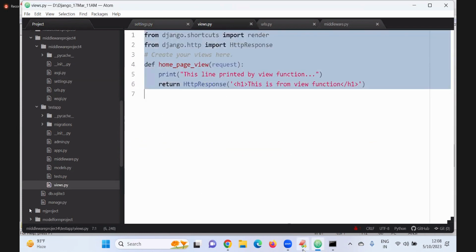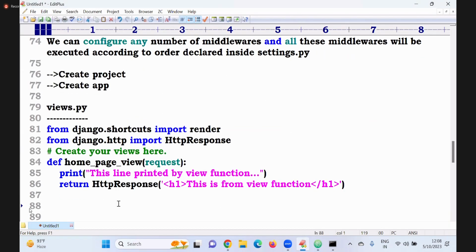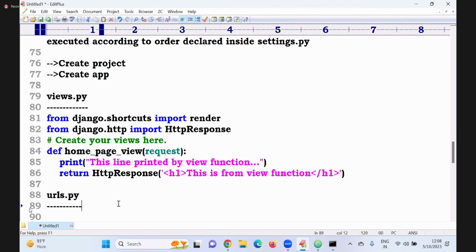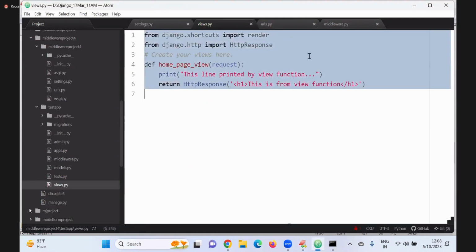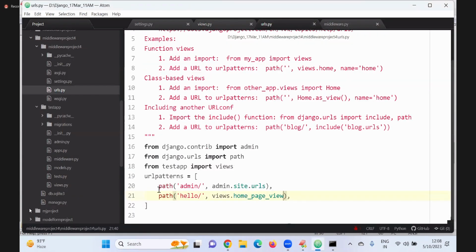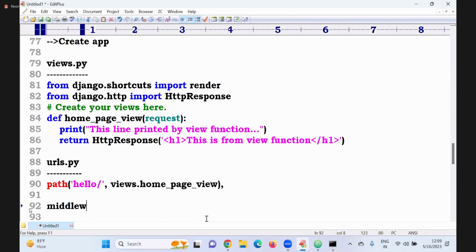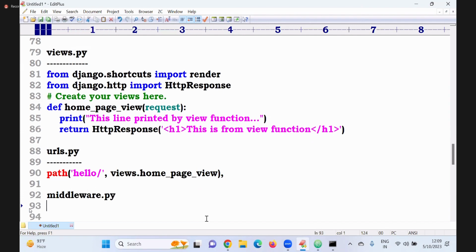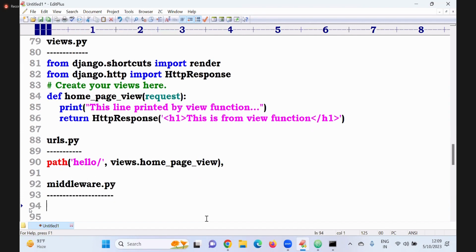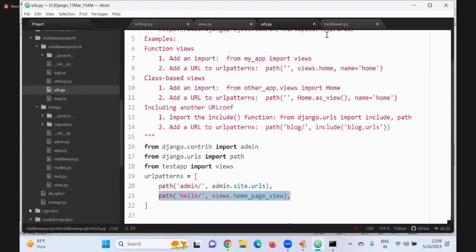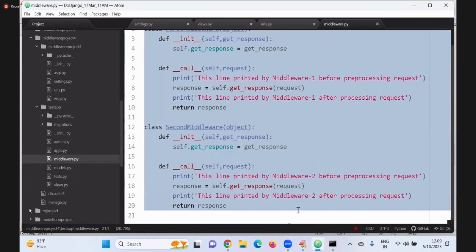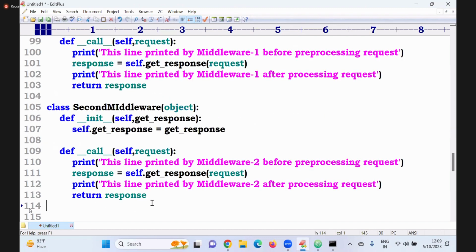This is the views.py. Next, this is the middleware.